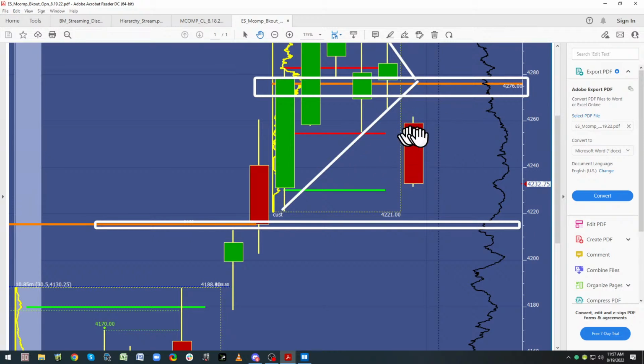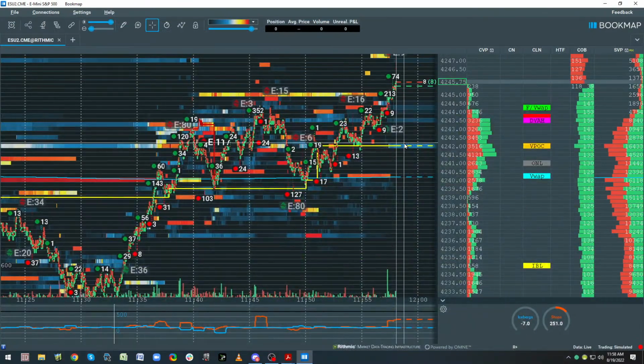So for me, it's short, short, short. If things change and we start rolling up, then I've got to see how far up we come, and then still short. And if things get funky and it's not clear to me, I just don't trade. I just stand aside until it becomes clear. But for me, I will not be thinking longs.